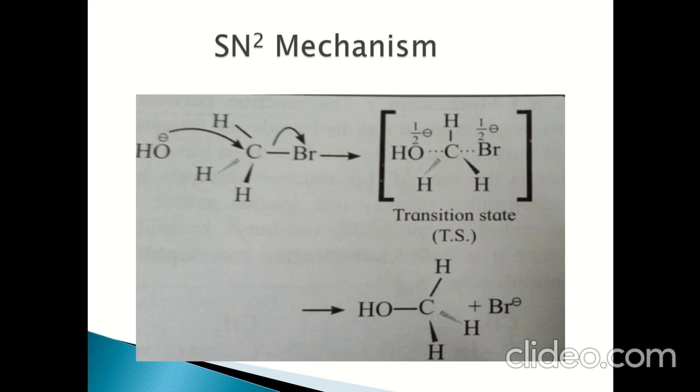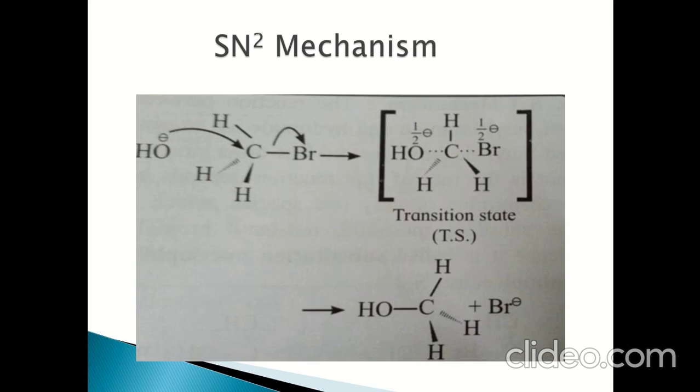The nucleophile attacks the carbon undergoing substitution from the side opposite to that of the leaving group. This is to avoid steric repulsion and electrostatic repulsion between the incoming nucleophile and the leaving group. Now in the transition state, you can see the nucleophile and the leaving group, both of them are bonded to the carbon with partial bonds and carry partial negative charge. Thus, the total negative charge is